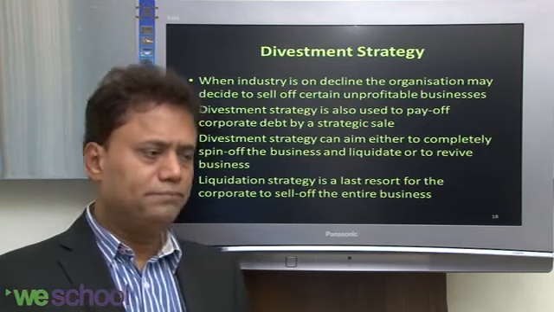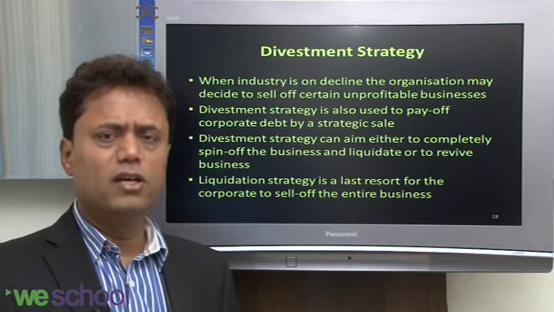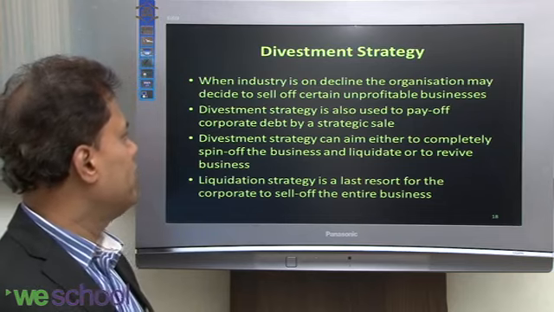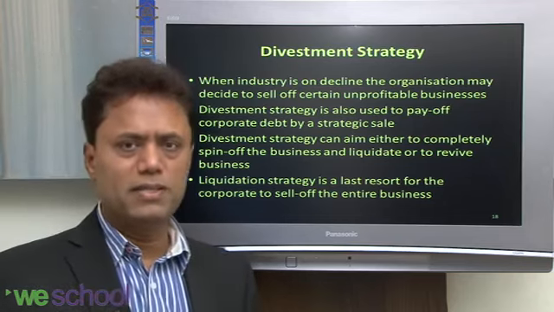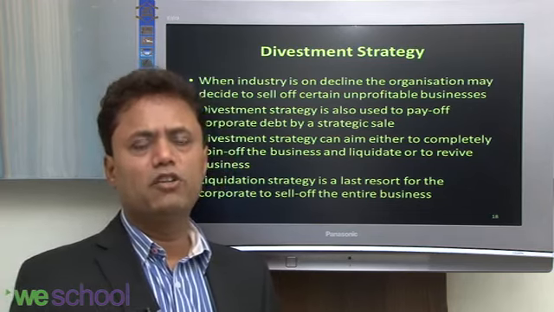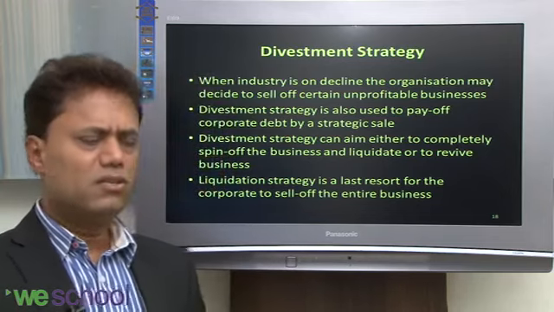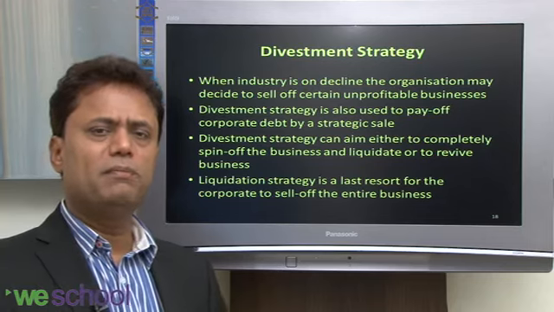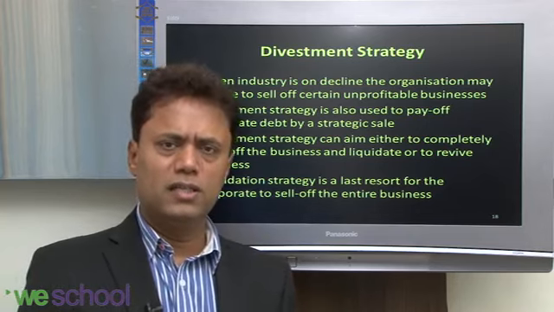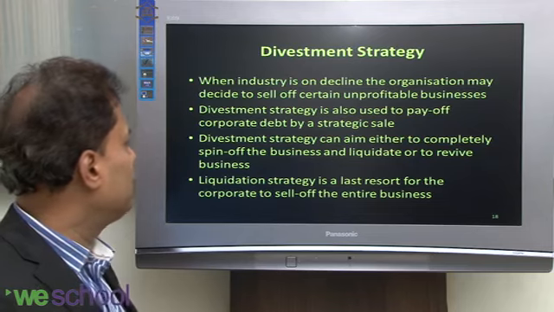Divestment strategy. Divestment strategy is removing or selling off the non-core part of your business. When an industry is on decline, an organization may desire to sell off some unprofitable businesses, right? I said one business unit is giving only 10 crore business, whereas my overall turnover is 500 crore, 1000 crore. It doesn't make any sense. So maybe a non-core business run by some 100 people, but the productivity ratio, the per capita revenue, is absolutely not in line with the overall company objective. So you have to sell off that particular business unit.